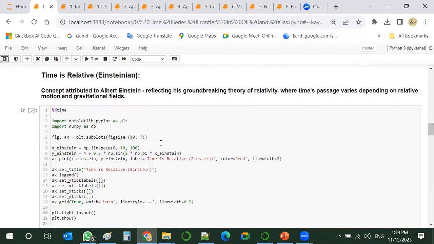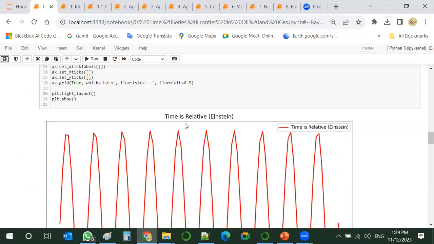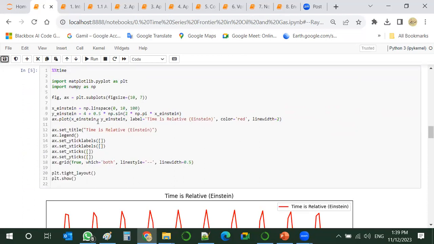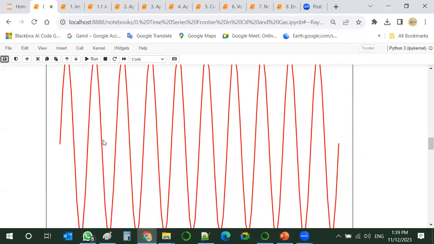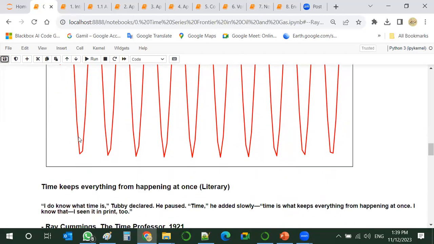So if we try to code and plot this concept just to have an idea how time would look in this concept, we will put a code like this, and time will look like this. So along this space, the time will have different values depending on where this time occurs.